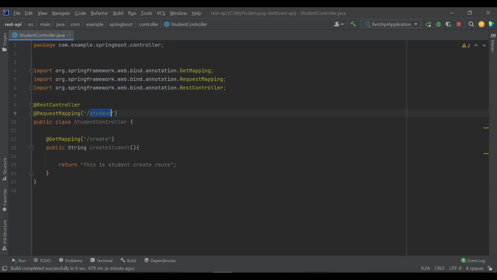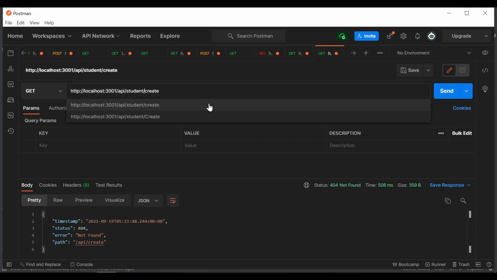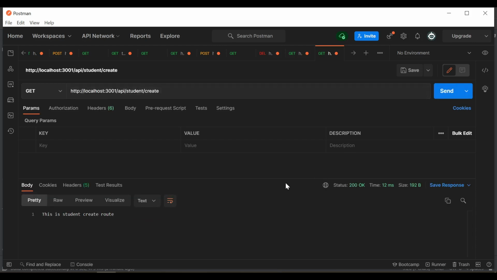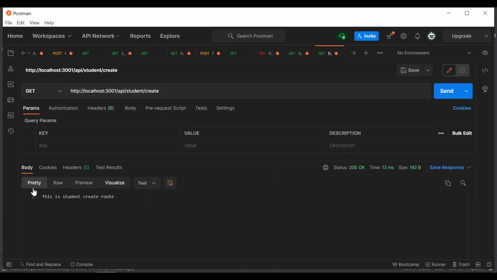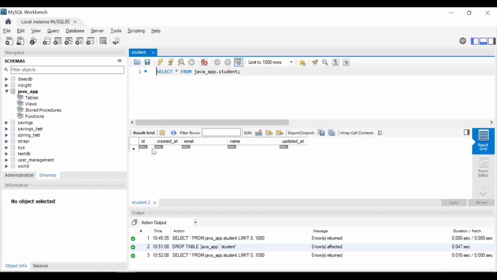Our route is /student/create, right? So let's put it here and then do. You see, we got a 200, and this is the route. And also we have seen in the console the Hibernate query. You see, the table fields are already been created.